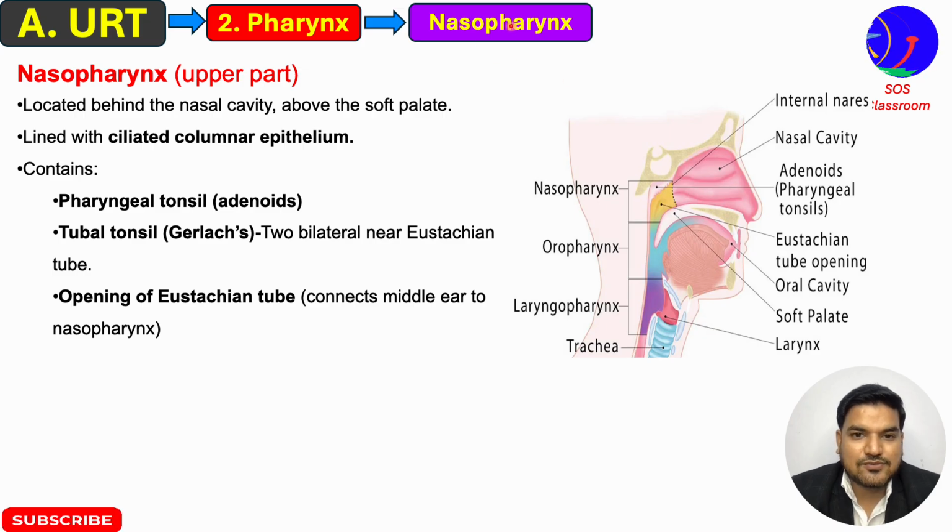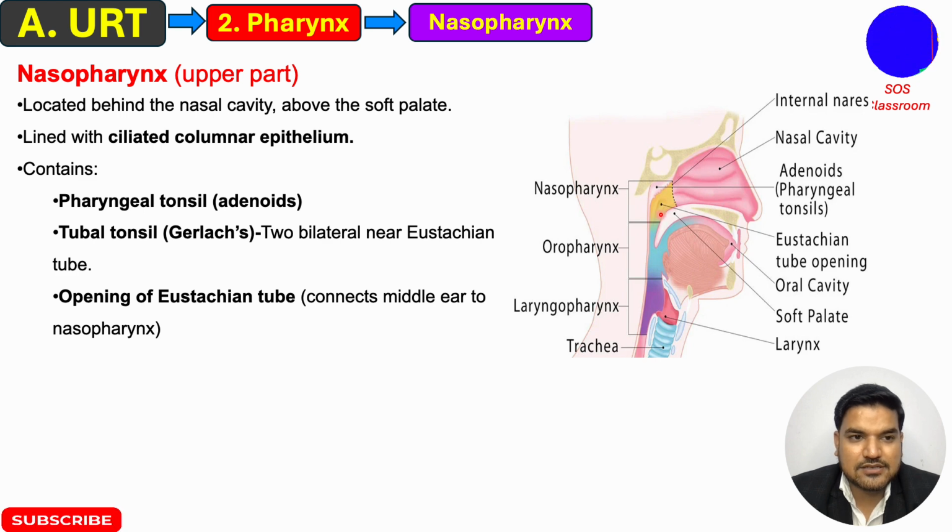So the first part is the nasopharynx. You can see the nasopharynx is present just behind the nasal cavity and just above the soft palate. You can see this is the nasal cavity, and this yellow portion is called the nasopharynx. This is the nasopharynx, this is the oropharynx, and this is the laryngopharynx. Just behind the nasal cavity, this yellow portion is called the nasopharynx,